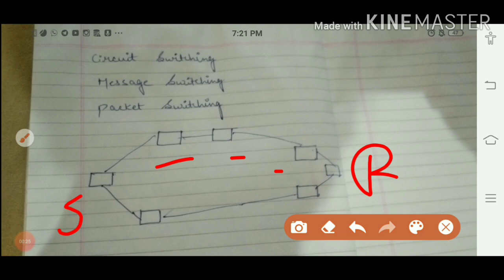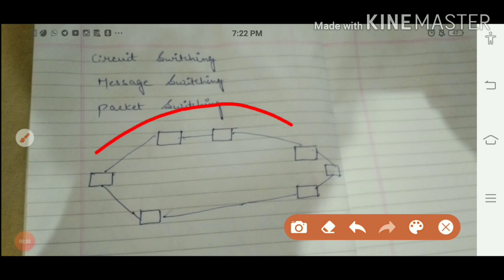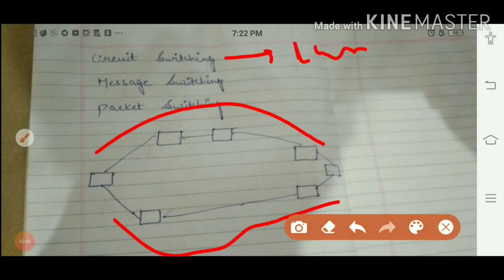Second is types of switching techniques. Here three types are there: circuit, message and packet switching. What is circuit switching? In circuit switching we follow a dedicated path. The path followed for the first message is followed throughout the data transfer. The advantage is that one unbroken path is used. We use circuit switching in landline and mobile phones.